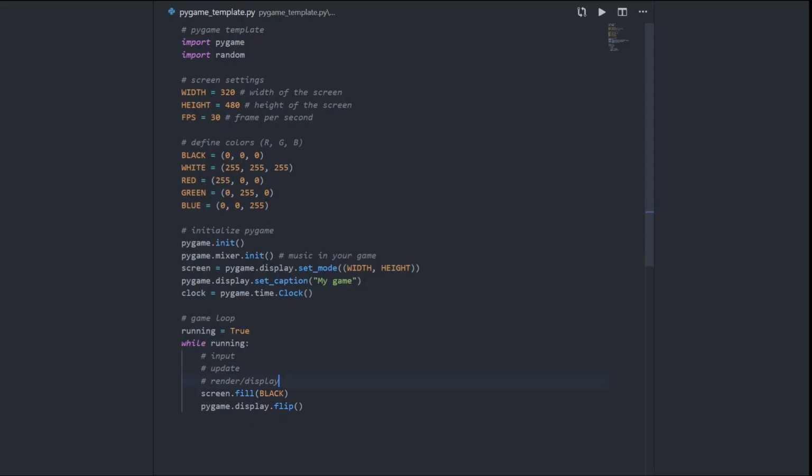And now that that's out of the way, we're going to talk about input. So the way input is stored in Pygame is it's actually all stored in a list called events. And pretty much how we access these events is through the pygame.event.get method. And the thing is that each event is stored after a frame passes on your screen. The other thing is that there is actually one event that we need to handle before anything, and that's closing the window. So if I were to run this program right now,